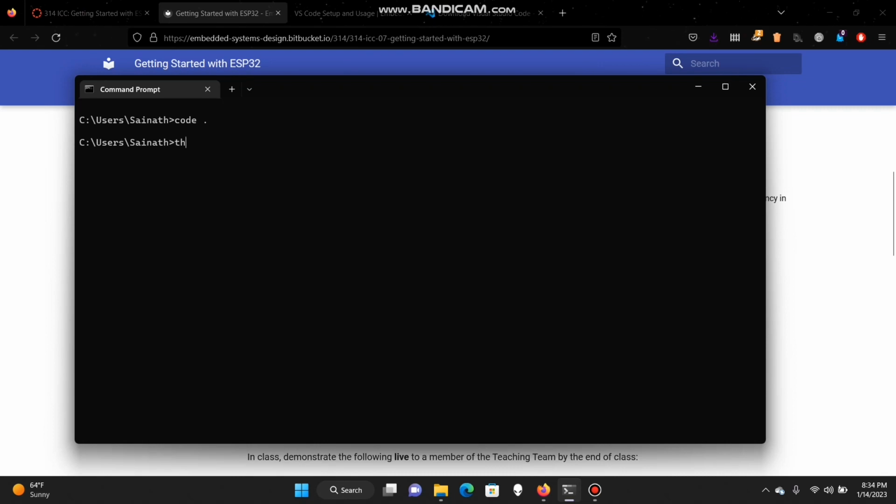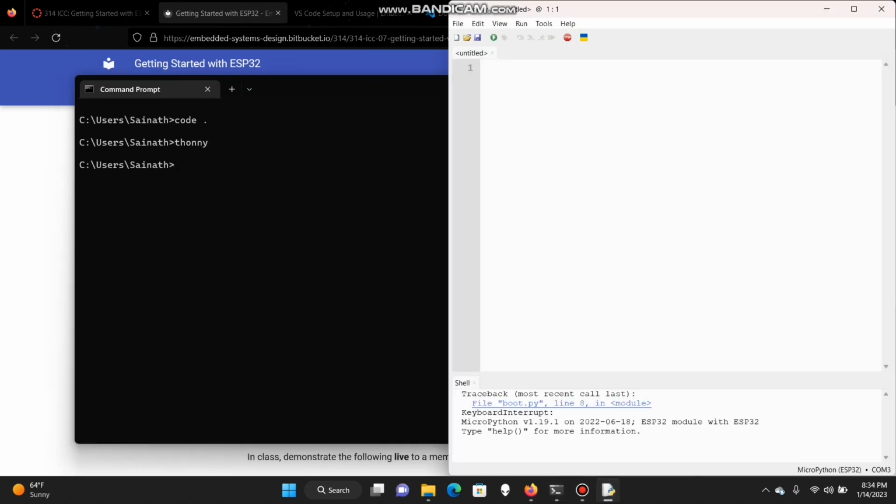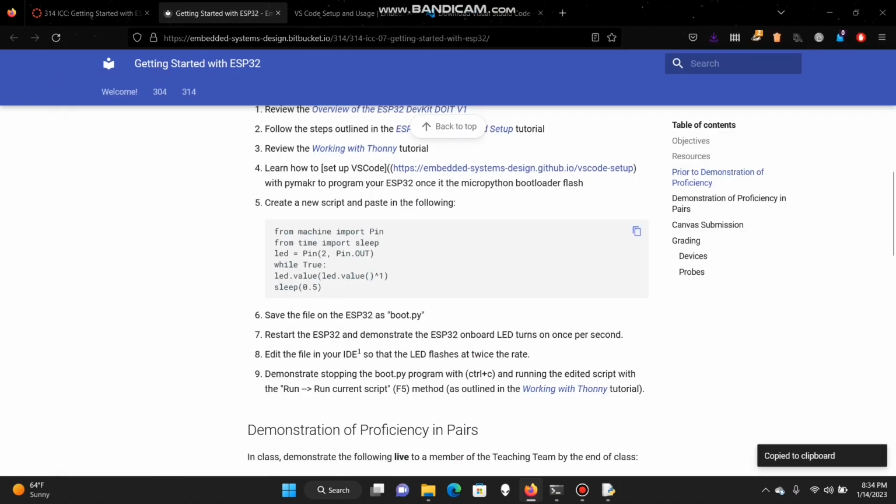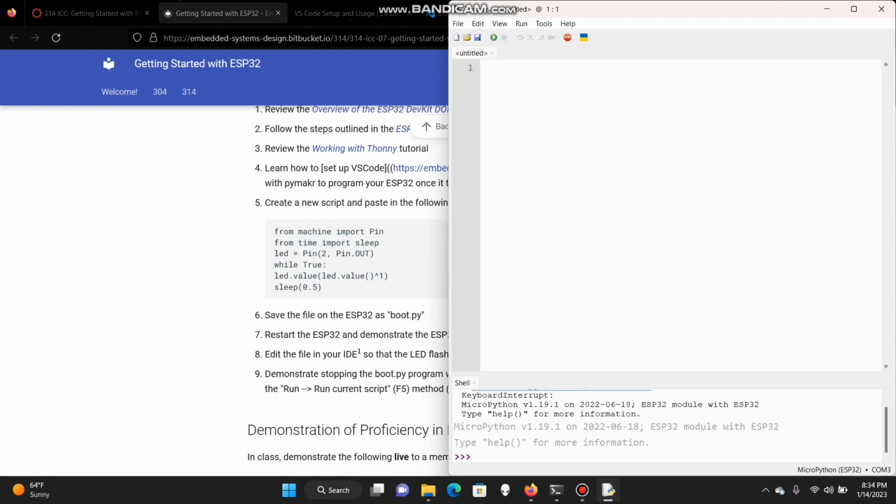Just open up Thonny. Do the same thing here. Copy the code and make sure first your device is connected. Here you can see that it shows in the interpreter tab: MicroPython ESP32 module with ESP32. So basically it is connected. I just go ahead and paste the code here, run it,